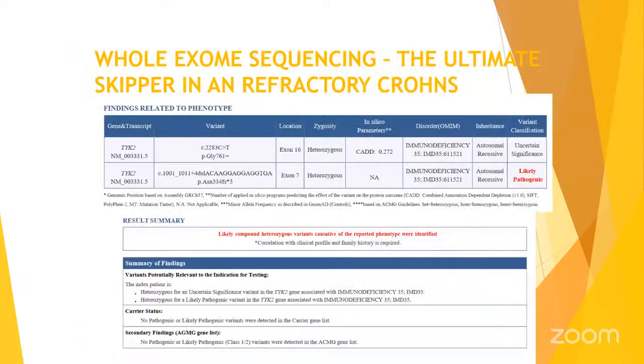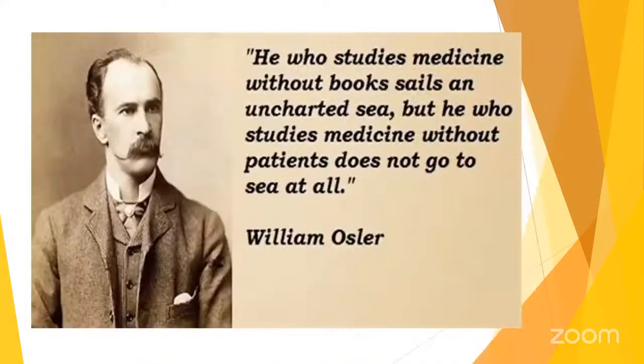So again, one more important thing in the arena of evaluation of diarrhea will be exome sequencing, which we do in our government Thoothukudi Medical College, where we found a TYK2 receptor mutation in one of our patients. He was treated as refractory Crohn's and was not responding. Ultimately, we found out that he had a mutation in the receptor for the drug, and coincidentally an immunosuppressed state overlaying also. So again, in any chronic diarrhea patient, look at the stool examination, luminal examination with colonoscopy, and the last resort in a patient who is refractory to treatment will be genetic sequencing. Thank you.